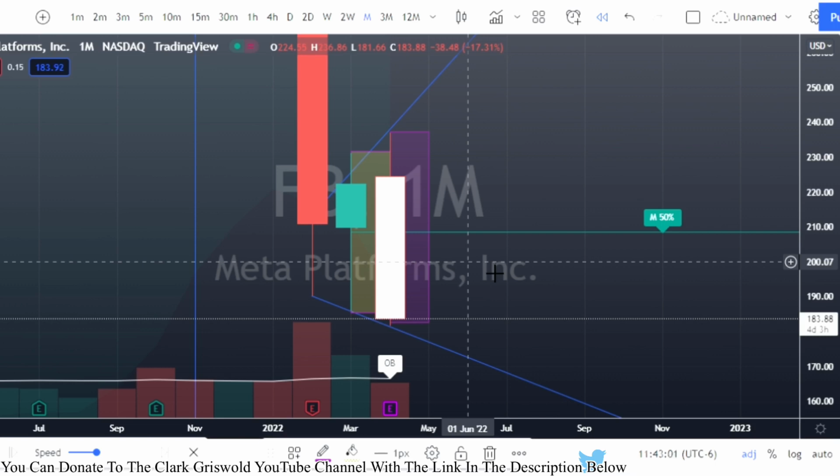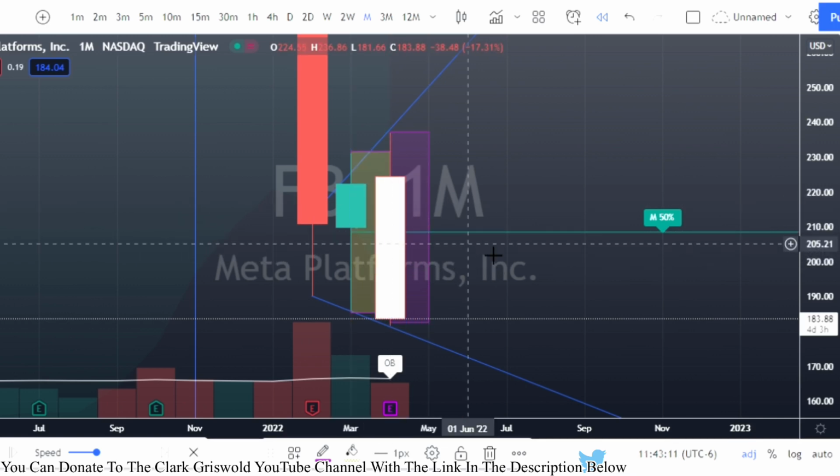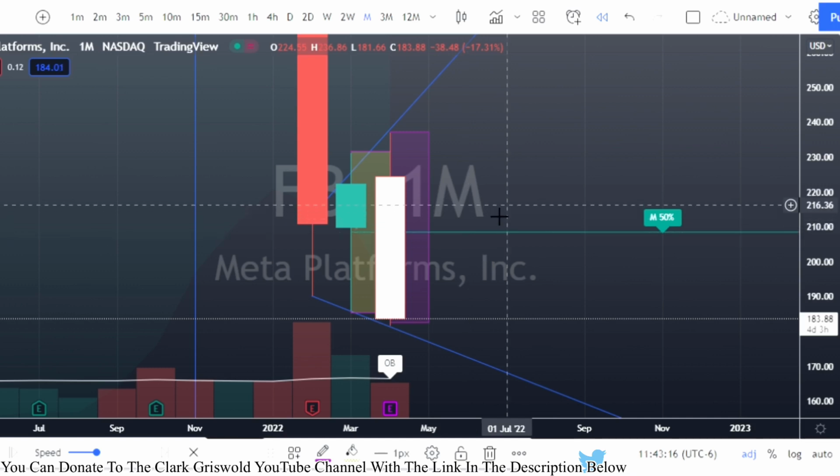I don't usually use these on the smaller time frames like the 30 or the 15 or the hourly even. But these are good indicators to use on the daily and the weekly and the monthly and so on and so forth as you go higher up, yearly, quarterly, okay?